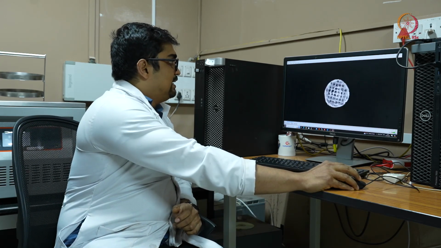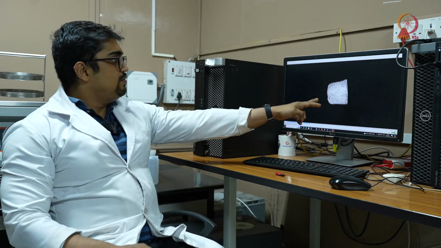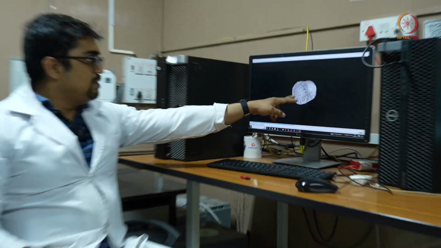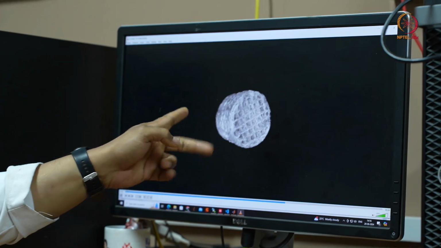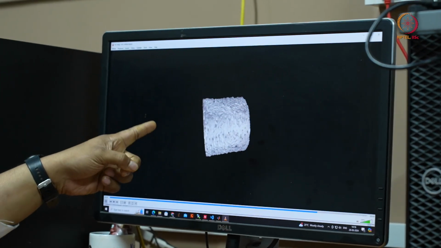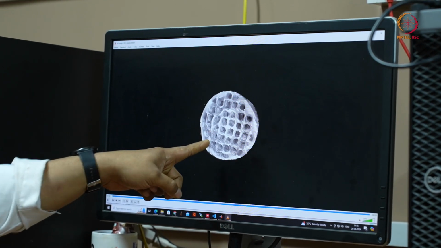biomaterial implants. So after doing the 3D printing of any hydrogel based scaffolds, the 3-dimensional porosity has to be analyzed. The main technique to analyze the 3-dimensional porosity is micro-CT. So once you do the micro-CT of a 3D printed hydrogel based scaffold, you will get the morphology like this. Here you can see, when you are observing the scaffold in 3D micro-CT, the 3D volumetric interconnectivity and porosity. So just now I have shown the 3D volumetric porosity analysis of the 3D printed scaffold.